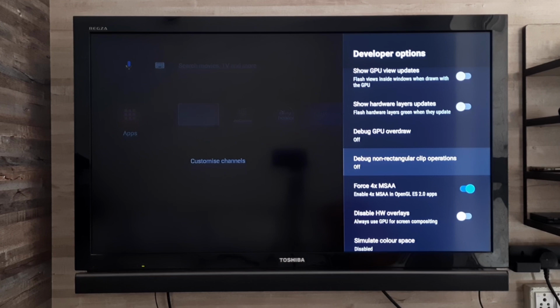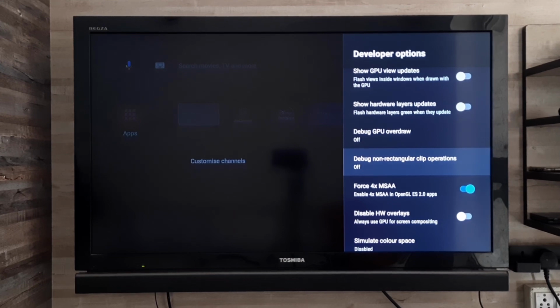So basically this option is really useful, and if you turn on force 4x MSAA on any smartphone, it will slightly drain the battery. But as an Android TV box doesn't have any battery, you can turn it on on your Android TV box.